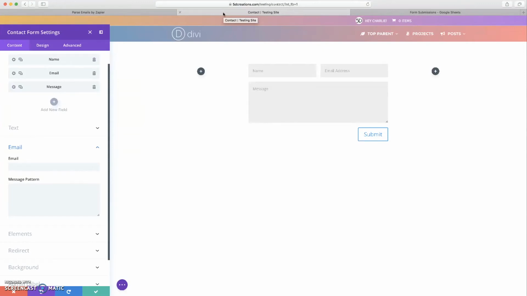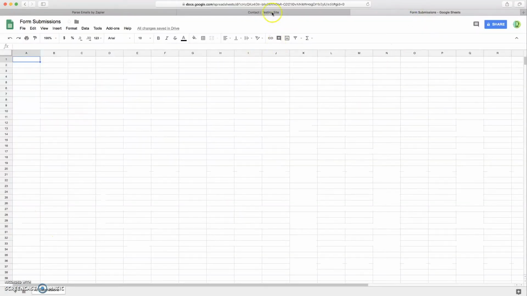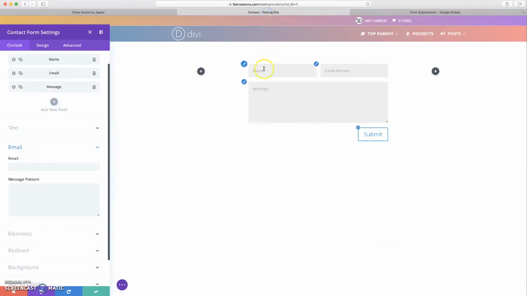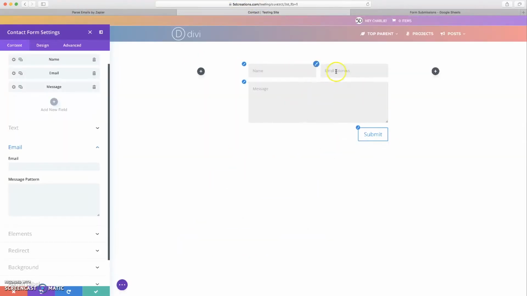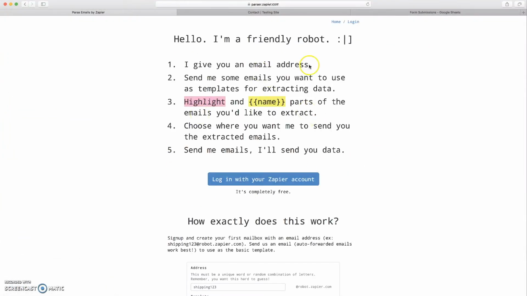Hey, this is Charlie from Divi Hacks, and I'm going to walk you through how to save form submissions into a Google Sheets spreadsheet. So, to begin, basically what we're going to be doing is using a third party, Zapier. We're going to be using their email parser to parse the emails that are sent through this form. We're going to send it through their email parser, extract the information out of the email, such as